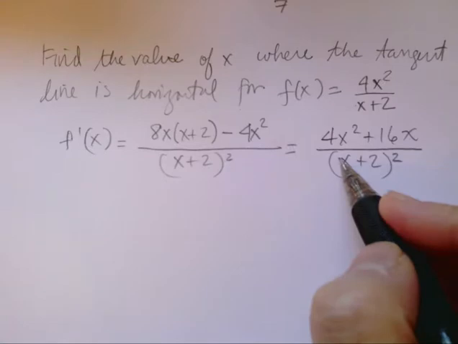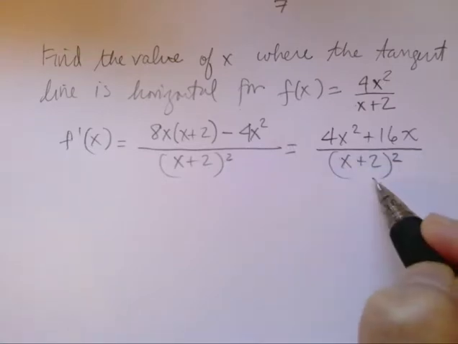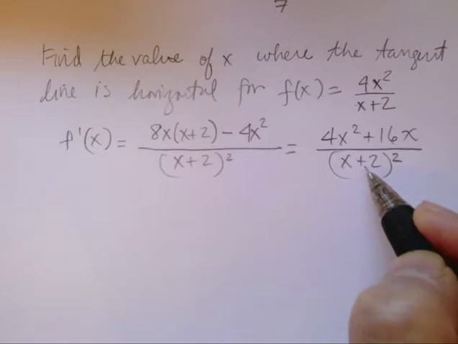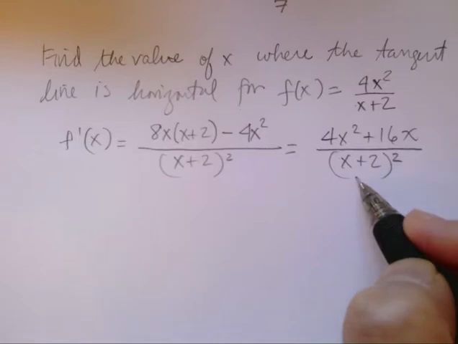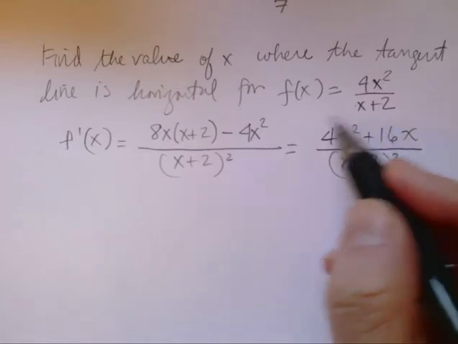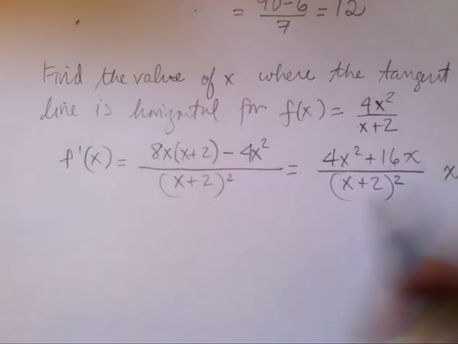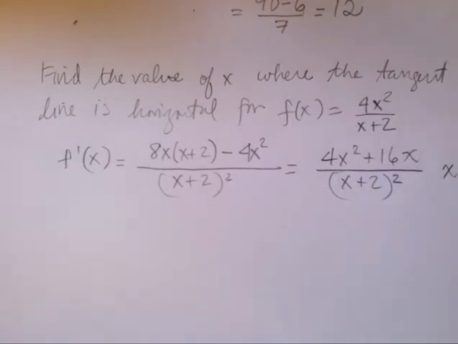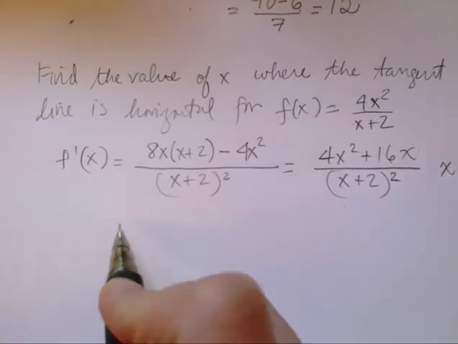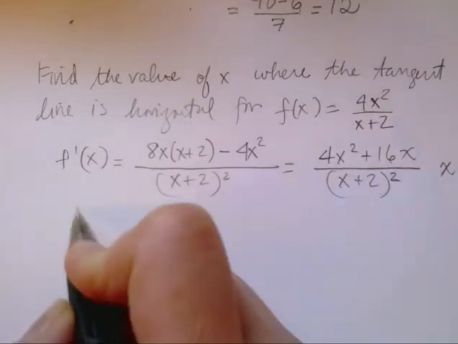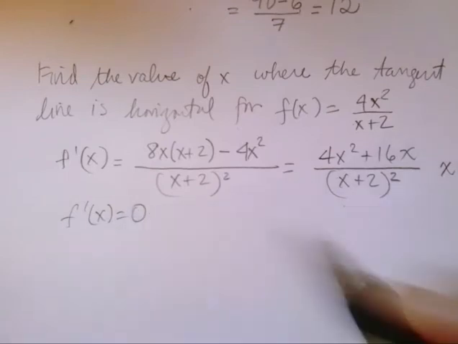So this quantity in the denominator is always a non-negative value. Okay, so this function is defined for x not equal to -2, because when x equals -2, the denominator is 0. But assuming x does not equal -2, f prime of x equals 0 when the